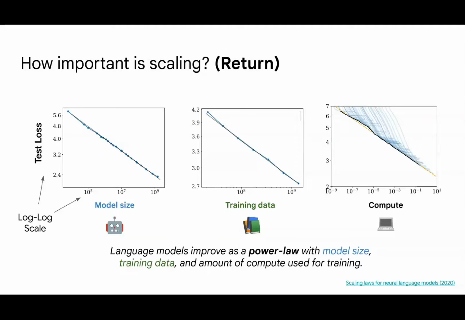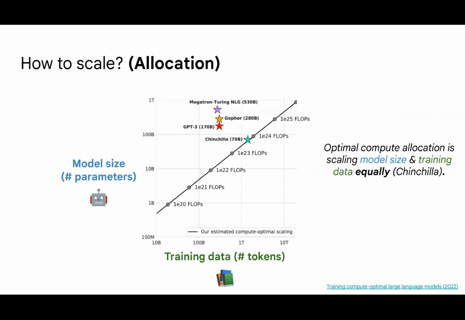And these log-log graphs are really important. They've been the main force which has justified the kind of massive increase in the amount of compute applied to these problems. Just as important here is the question of allocation. When training a large language model, we need to decide a priori what the relationship will be between model parameters and the amount of training tokens.